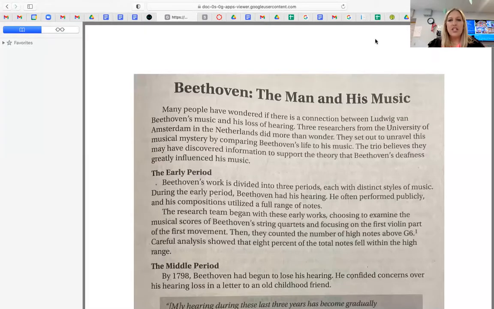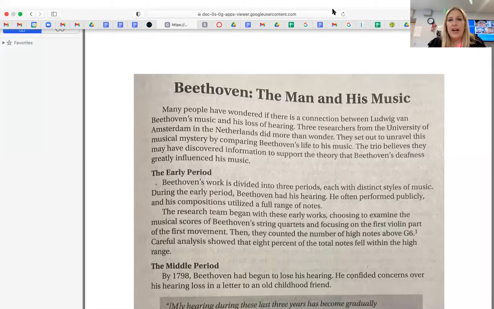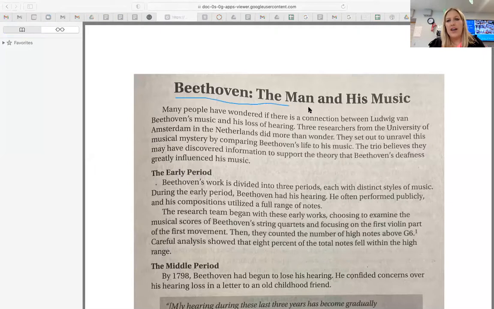Okay, so Beethoven, the man and his music. I am going to include the link if you want to learn a little bit more, build some background about him. But we are talking about a musical composer, okay? And I really want you to pay attention to the text features. When I talk about text features, this is what I mean. I mean, why is the title of the article bold? Why is this bold? Why is this bold? What is this called? So these are called